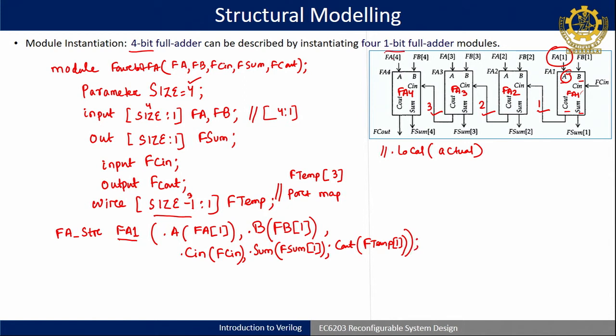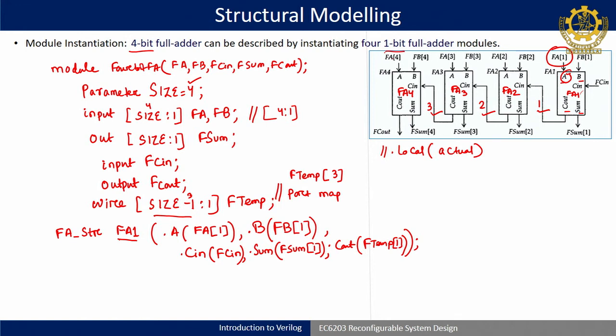Are you getting my point? This is just mapping of the inputs. The sub block that has been called is the local block, and the actual block is the main block which is under test or under design. Local mapping has to be done with the actual mapping, because the actual one connects to the external world and communicates with it, while FA, FB, FSUM, FCOUT are connecting to other modules in a top module. So dot local, bracket actual. This is one way of writing the code.